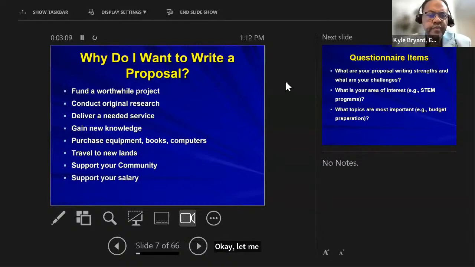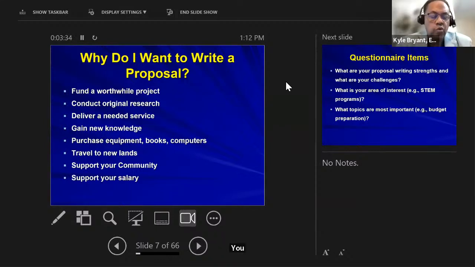What I'd like to share before I dive into the details of proposal development is that we are currently living in some times of unprecedented funding around environmental justice issues. And as the congressman alluded to, environmental justice